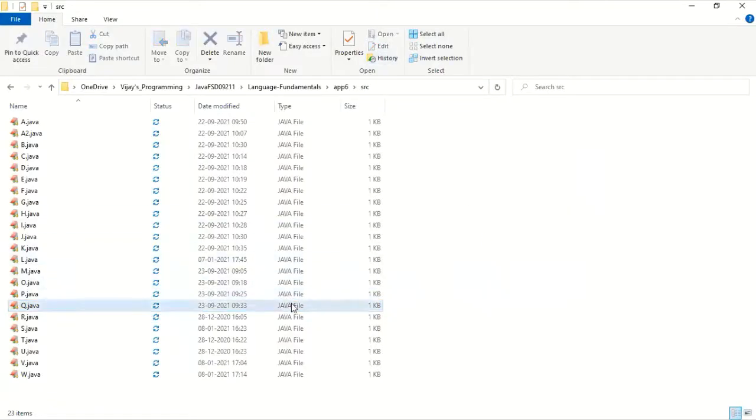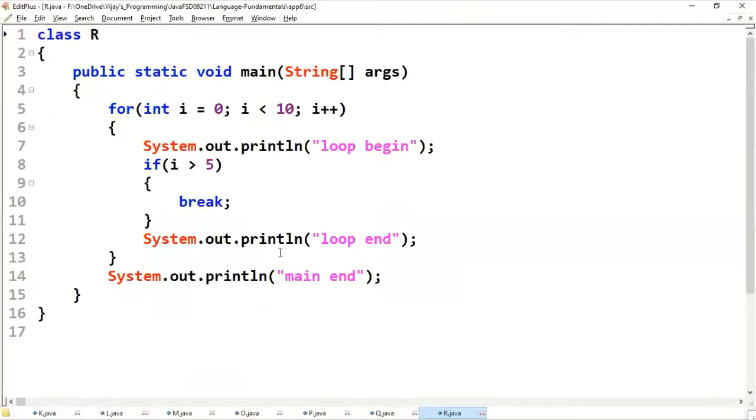In case of continue, without executing the remaining statements, it is going to skip to the next iteration of the current for loop. Come to the r.java. Instead of continue, keep the break. What happens in case of break?